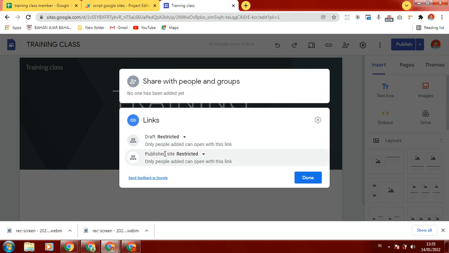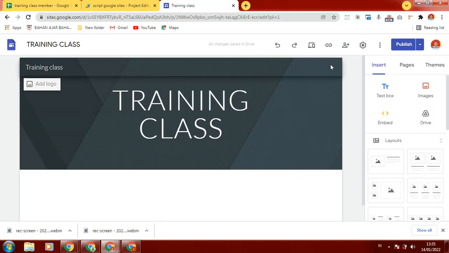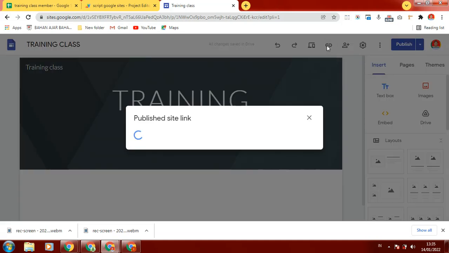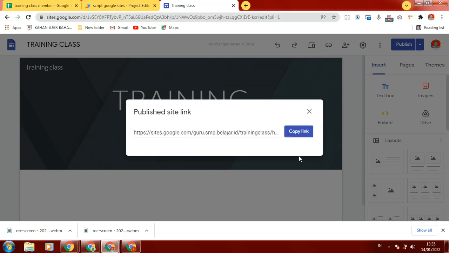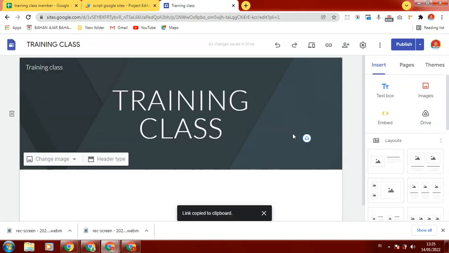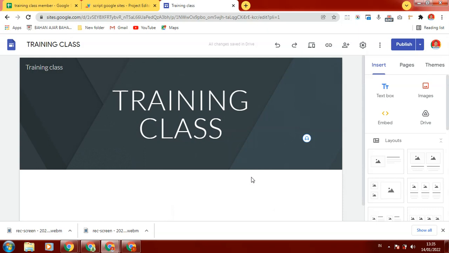Only people added as editors can open with this link. By doing this, everyone else cannot open or see the Google site because we restrict it.